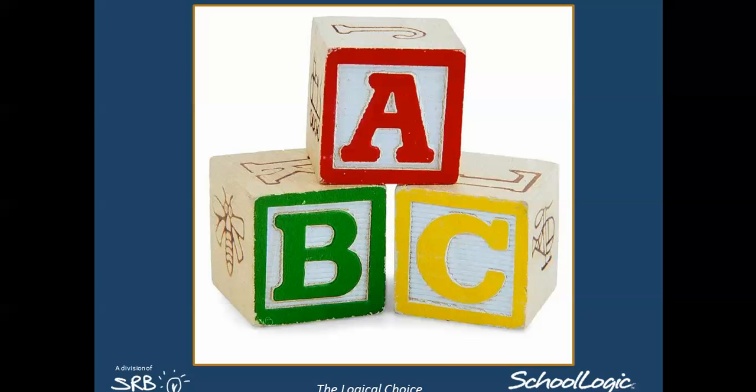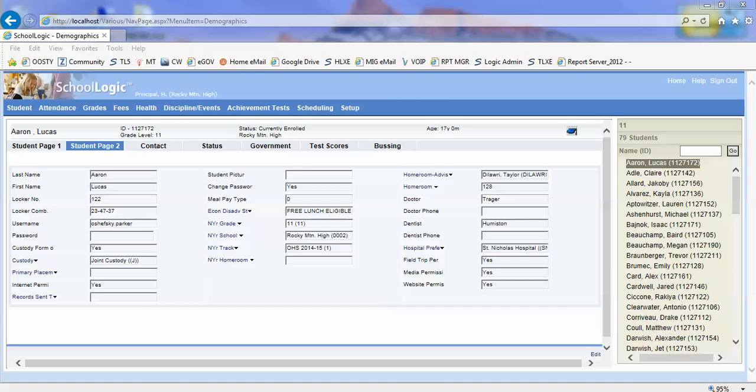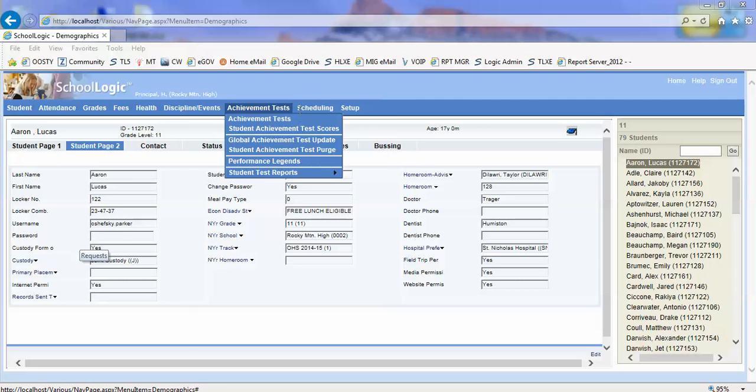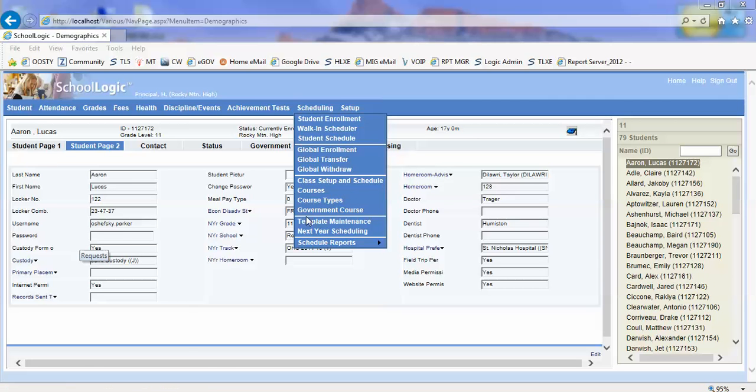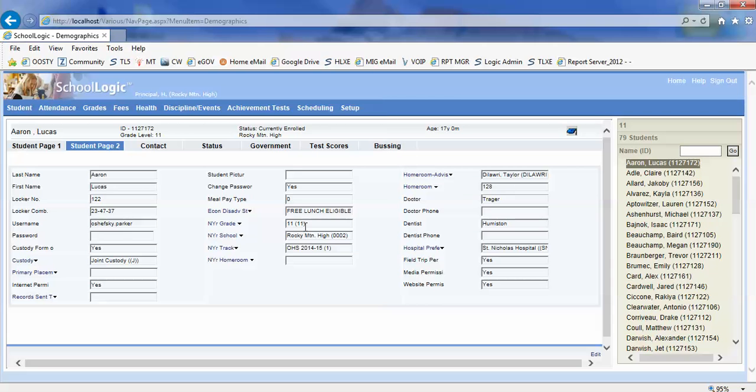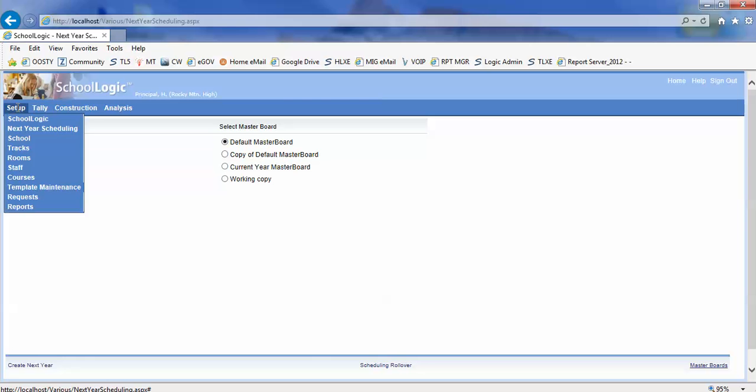Okay, hey, let's go look at requests for a minute in the real software. That's not requests. Let's go here. Okay, let's go into, I'm the principal of the high school, right? I'm going to go into next year's scheduling. I'm going to wait a second for that to come up. No, really, I want next year's scheduling. There we go. If I go to setup and I go to requests,